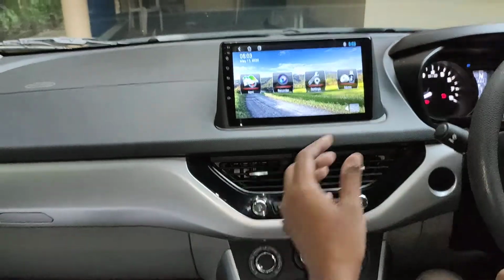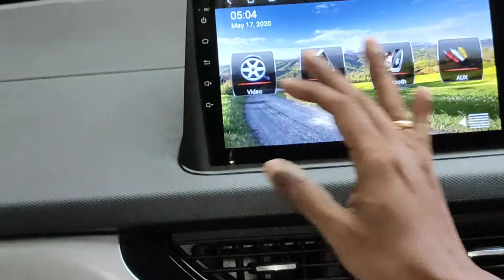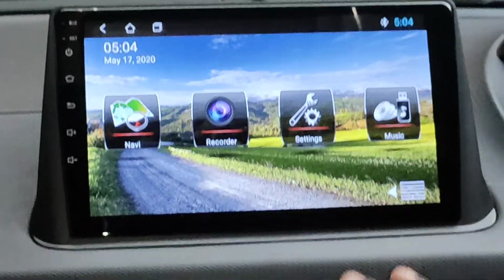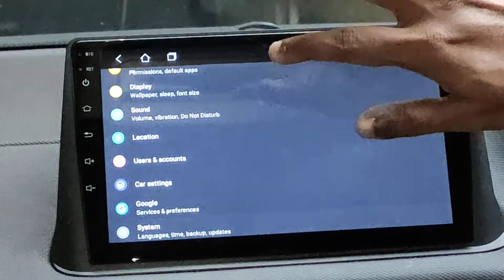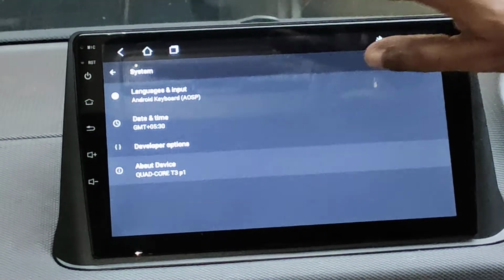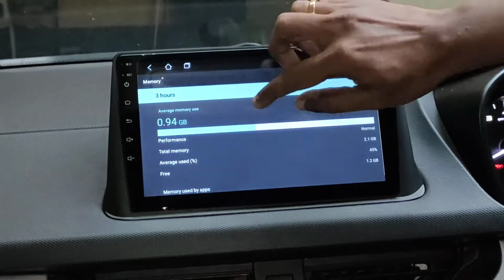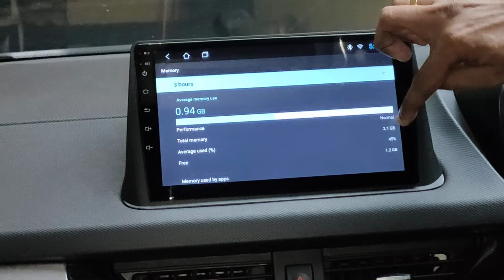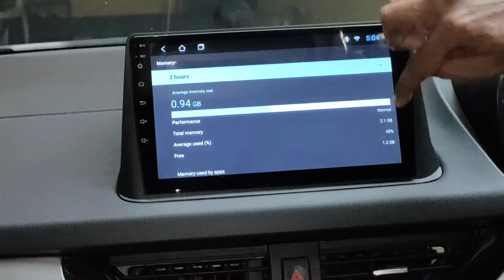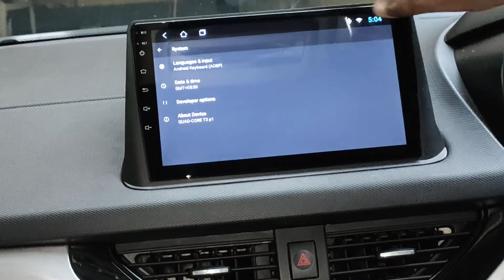So this is the home screen of the touchscreen, and you will find all kinds of apps here. The touch is quite responsive. I'll just show you the settings. You have the hardware. Average memory use is 0.49 GB, total memory is 2 GB, and you have 1.2 GB free. Okay, so that's 2 GB RAM there, and it also has 16 GB